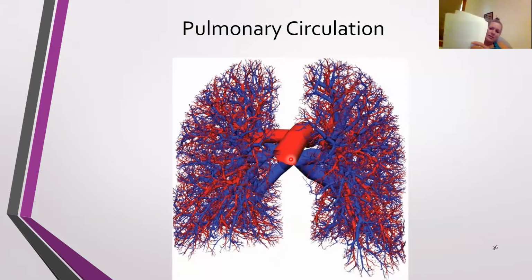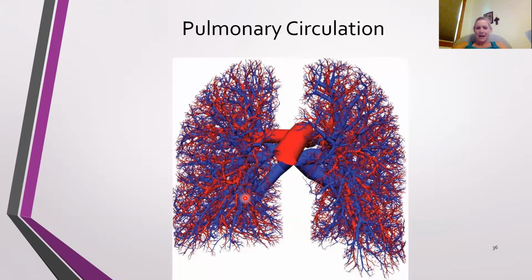This is just, I think this is pretty. Here you can see the pulmonary circulation. Again, imagine each of these are little arteries or veins that are leading to the lungs. Again, what I want you to take away from this slide is A, it's pretty, but B, it's super dense,